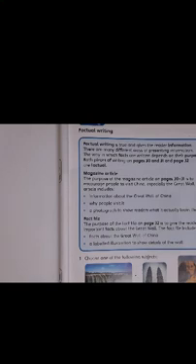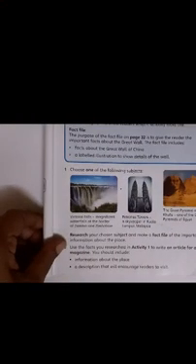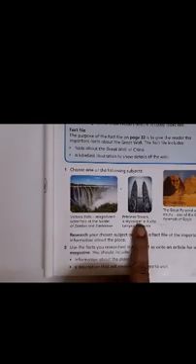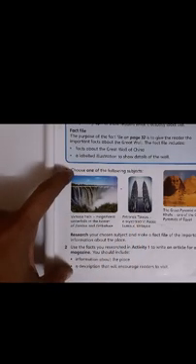So now, children, for homework, what you're going to do is we are going to write facts. About what, children? I told you to do research on Petrona Towers. We had 3. So I told you to do about Petrona Towers. So now, children, this same question, I have put it in a different way, so it becomes easier for you to write. So you're going to copy the same thing in your notebook and you're going to write this. Right?